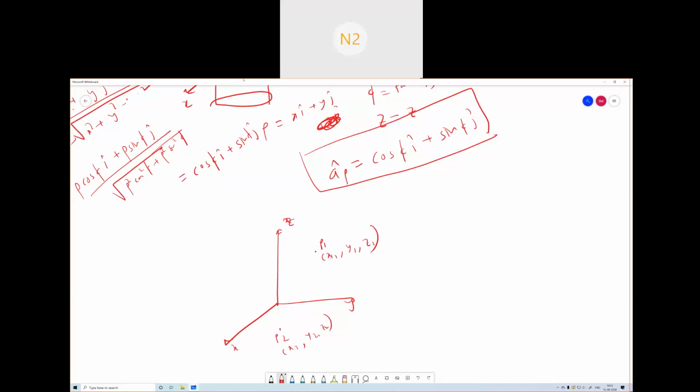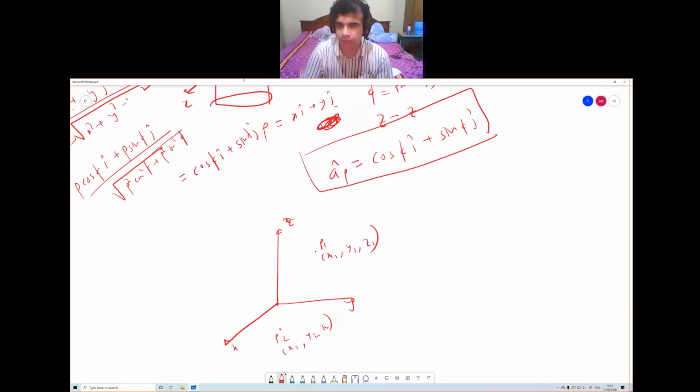right? Ijk will not change with the point, but here a rho depends on phi. If phi changes, so will a rho. For two different phis, there will be two different a rhos. So for cylindrical or any other curvilinear coordinates, the unit vectors are functions of the position. For one point, it may point in some direction; for another point, it may point in a totally different direction. So you have to be very cautious about this whenever you are using curvilinear coordinates.